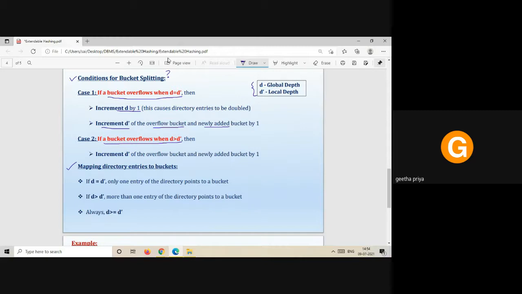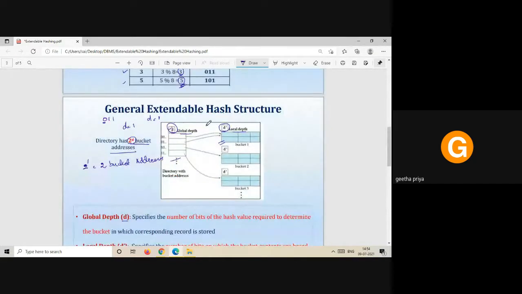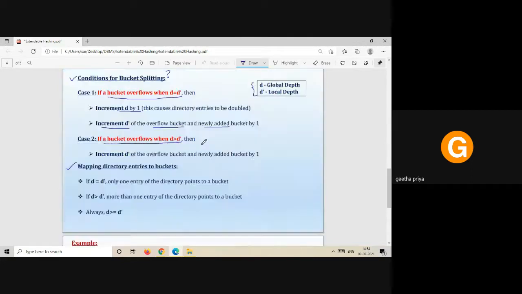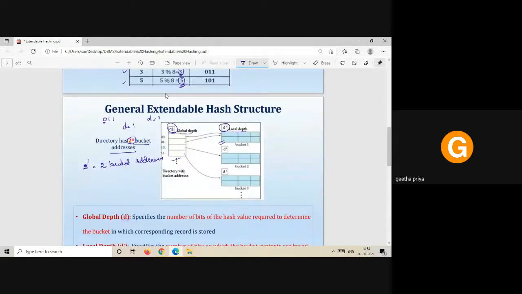If the value of global depth is incremented, say we have taken initially D equal to 1, then with D equal to 1 we'll have 2 bucket addresses. In the first case, when D and D dash are the same and the bucket overflows, we need to increment the value of D, that is, D will become 2.